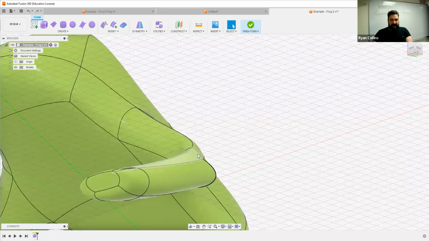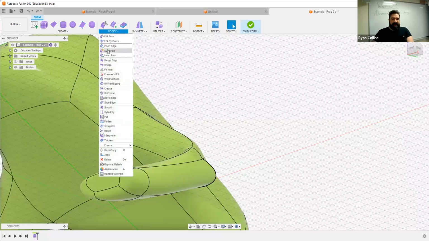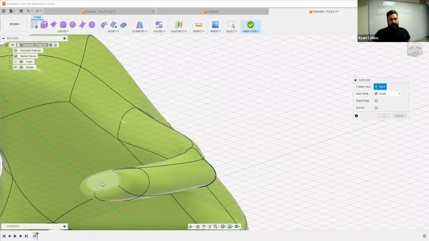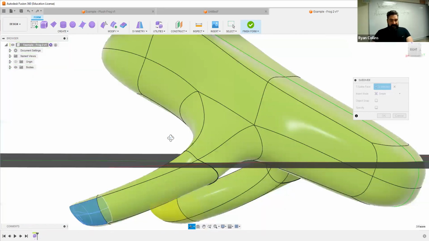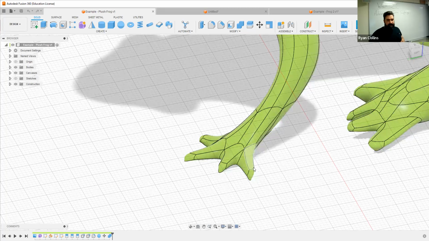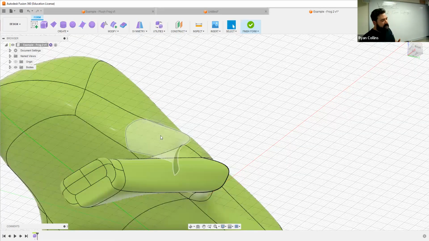So let's try, instead of that one, let's experiment with subdivide, which we haven't really messed with yet. Subdivide breaks up the faces entirely. So I select that, and you can see how it really starts to add a lot more features. But you can also get in a lot of trouble as far as how many faces it creates. But with something like this, remember, you're not trying to create just one, you're trying to create multiple. So you actually want more. And remember, you can always back up a little bit. So this is why it's important to experiment with this kind of stuff